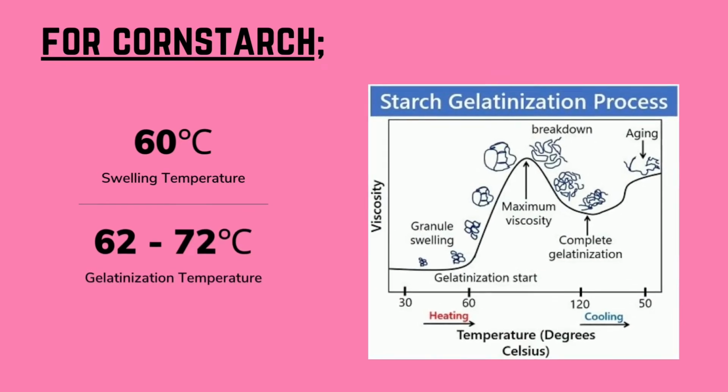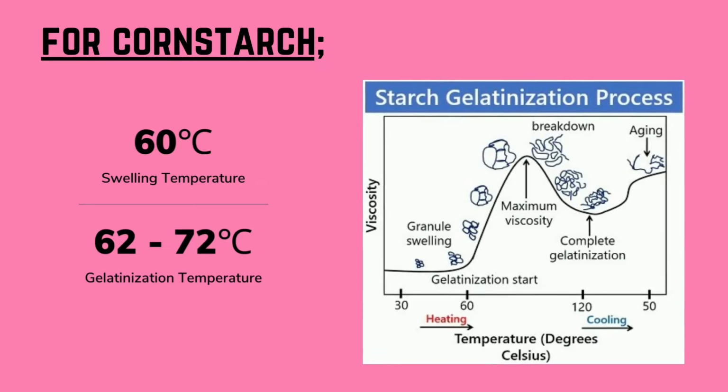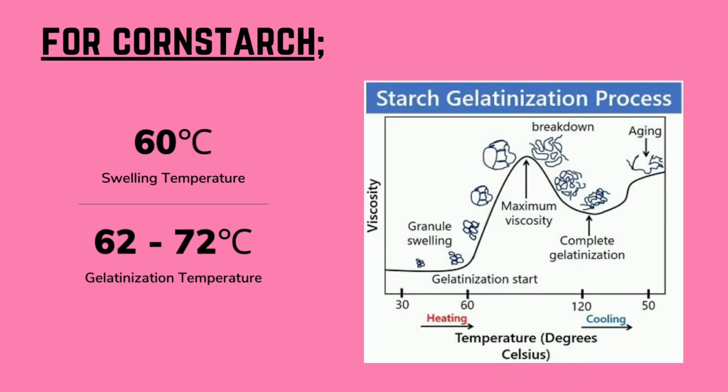Okay, so the starch that we use in our instant custard is cornstarch. There are a few things that we need to know whenever we want to heat our instant custard that contains cornstarch. First is the swelling temperature and the gelatinization temperature. The swelling temperature for cornstarch is about 60 degrees Celsius, at which the granules will swell about 30 times from the original size,